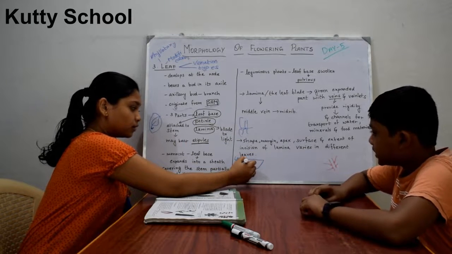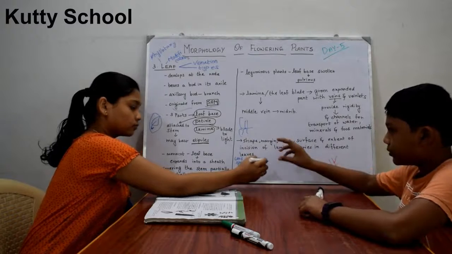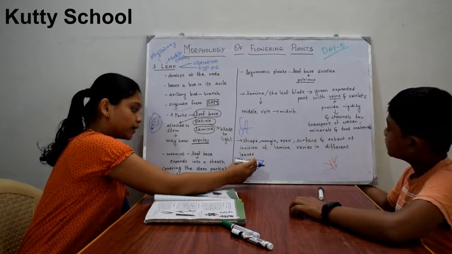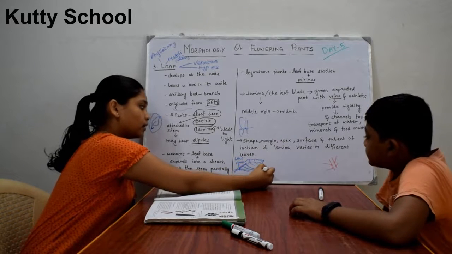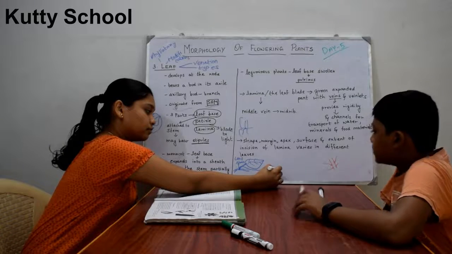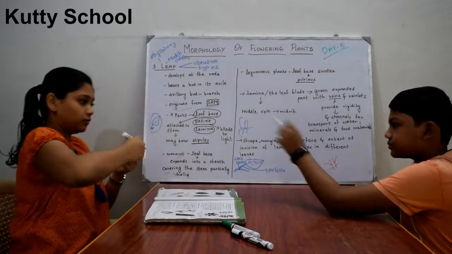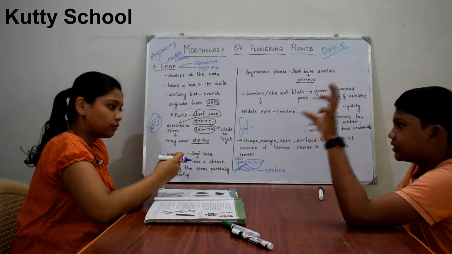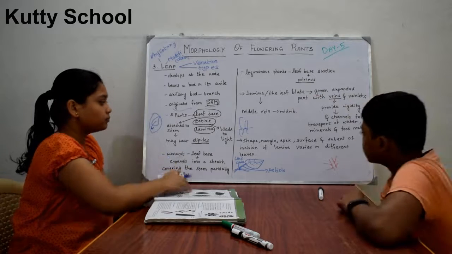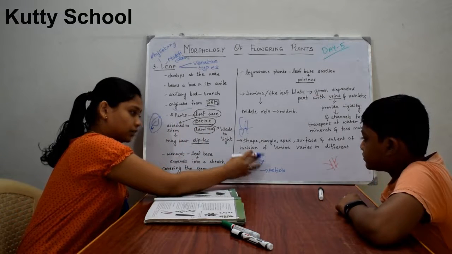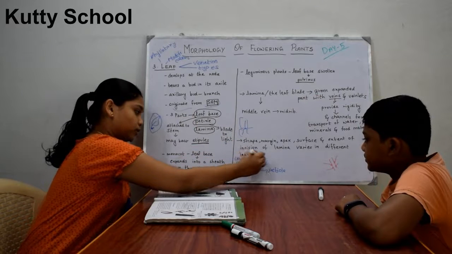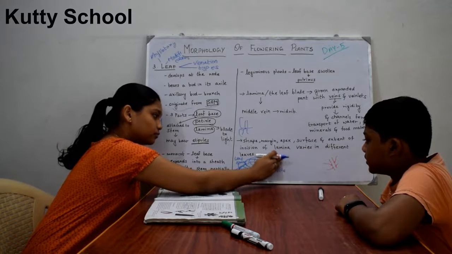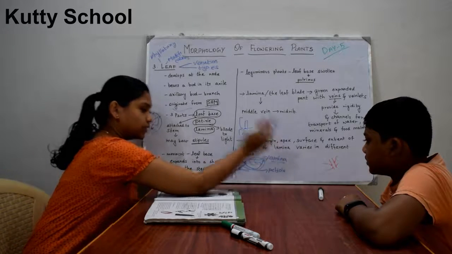This green part is the full part of the leaf. This will be held and connected to the leaf base by the petiole. Can you understand? This branch is called the petiole. From the node to the leaf, that stalk is called the petiole. And the lamina is nothing but the leaf itself. This one is known as the lamina. It is also known as the leaf blade.